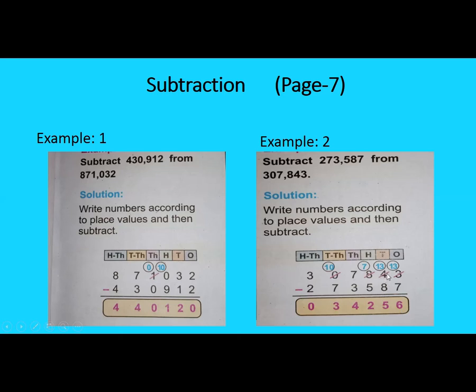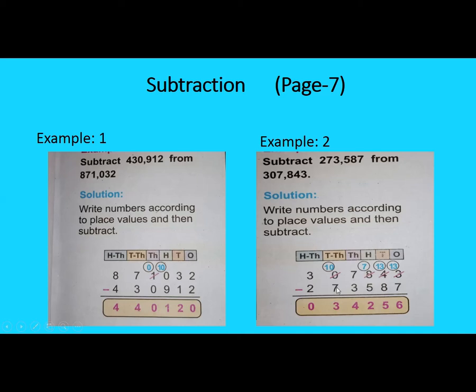Then here it was 4, and then we borrow from here, it becomes 3. 3 minus 8 is not possible. We borrow from the next value, and that is 13. 13 minus 8 is 5. Then here 7 is left. 7 minus 5, it's 2. Then 7 minus 3 we get 4.